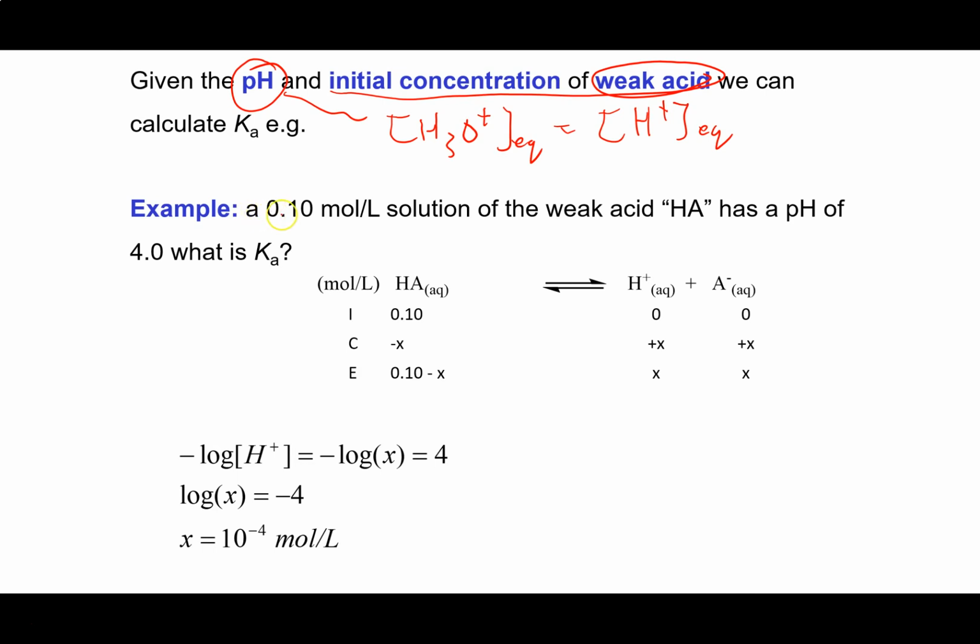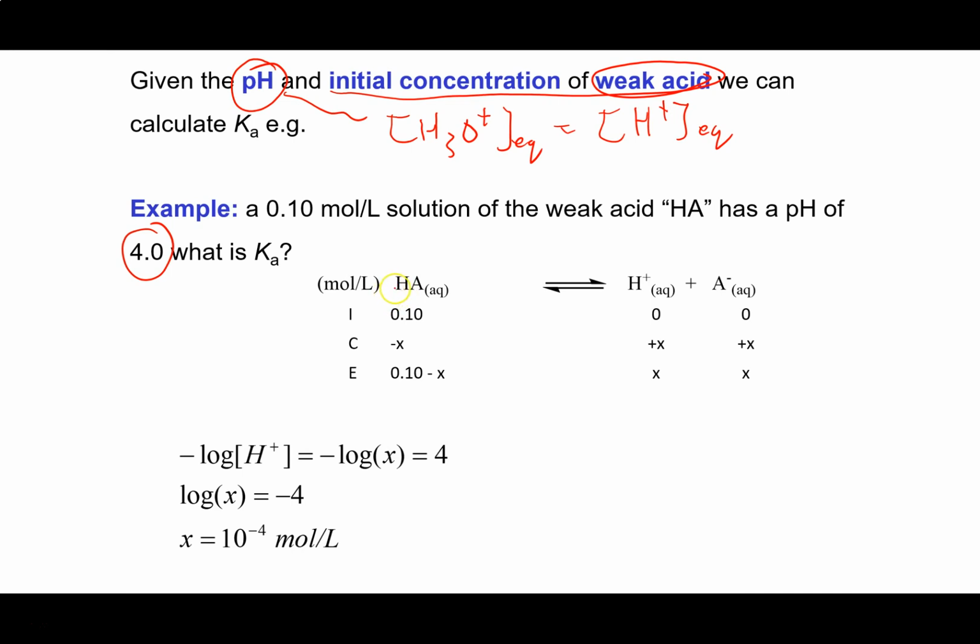It says, I have a 0.1 mole per liter solution of the weak acid HA, and it has a pH of 4. So this would be something very, very simple to prepare. I could use a volumetric flask to create this solution, and then I could use a pH probe or a pH strip to measure the pH of it. So what does it all mean? Well, here's the